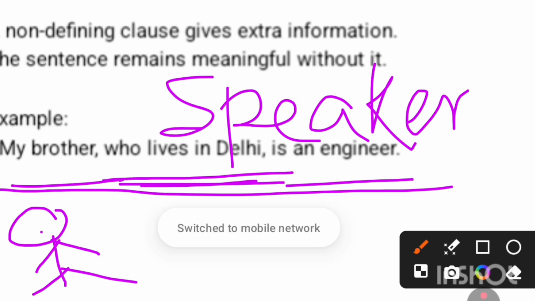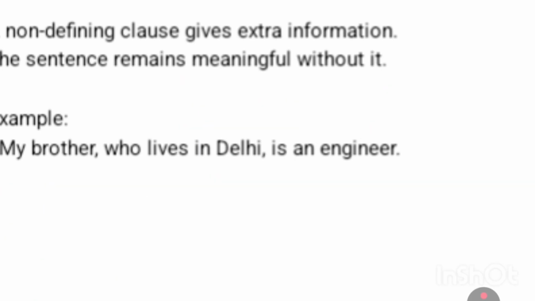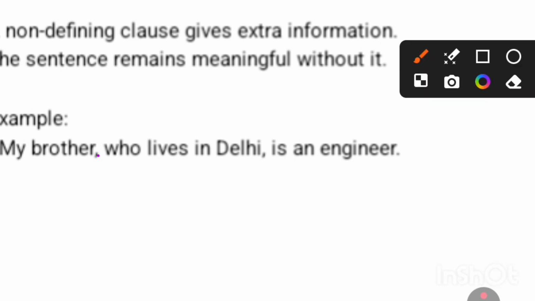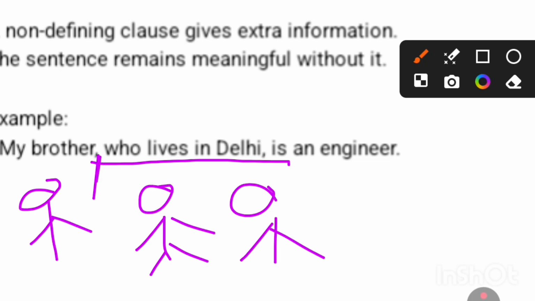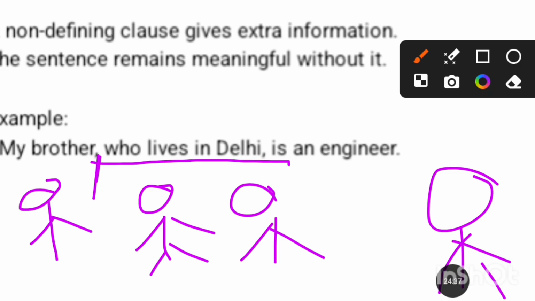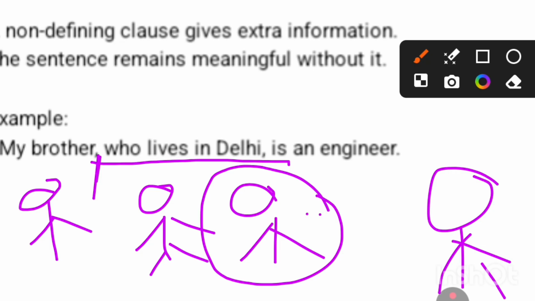That means this is the extra information. Friends, if we do not write down this comma, what will be the meaning? Look at this. Suppose there is no comma. It means suppose you have three brothers, 1, 2, 3, and this is the speaker. The speaker is saying this sentence to the listener. If he says "my brother who lives in Delhi is an engineer," friends, the meaning will be just like this. Suppose this brother is the engineer and lives in Delhi, and the rest of the brothers are living